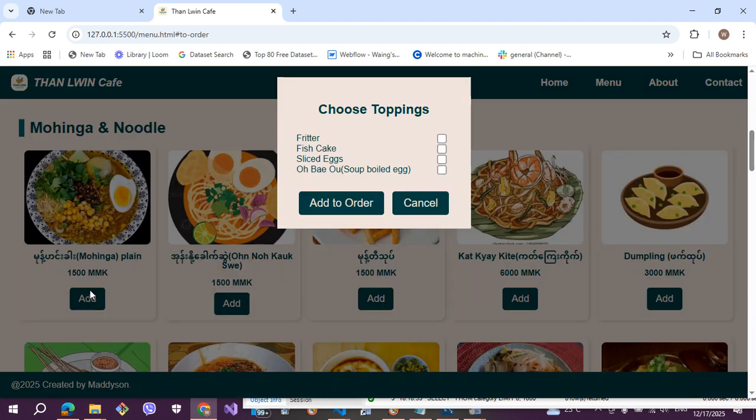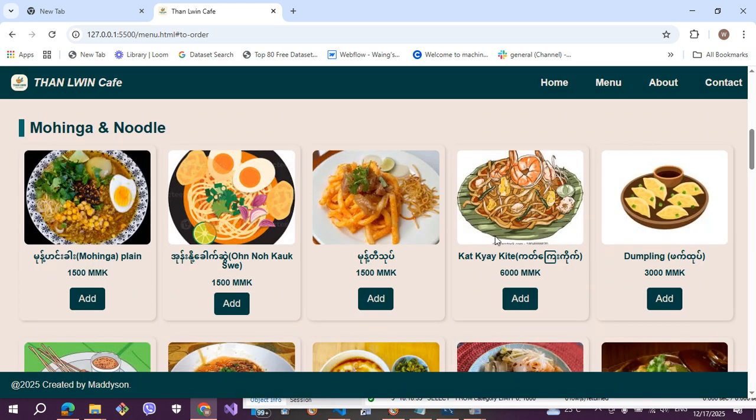When you press mohinga, it will ask you for various types of toppings. The price of mohinga will rise according to the amount of topping you add, so if you want to add all of the toppings, you will have to pay a higher price.